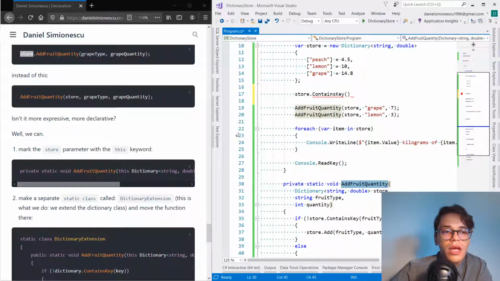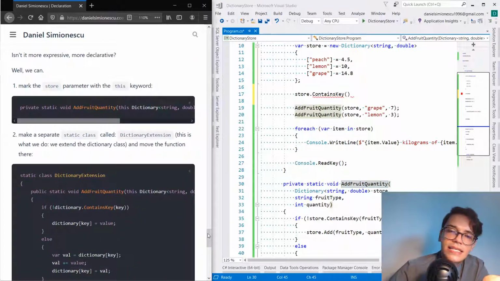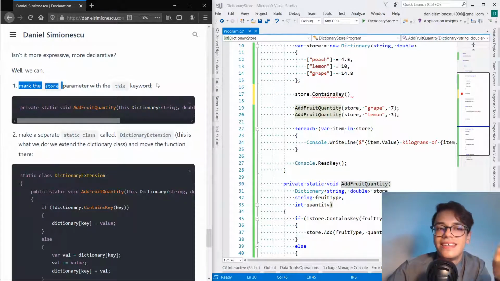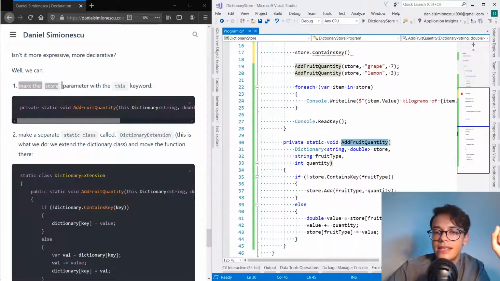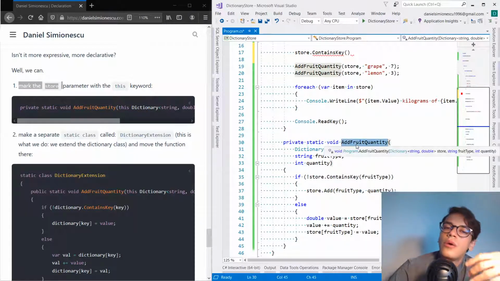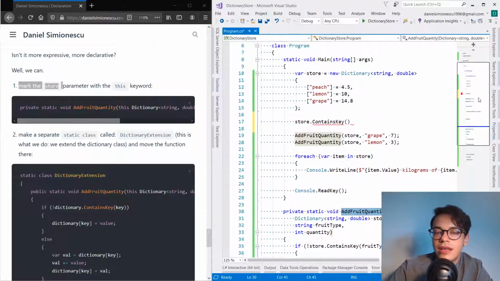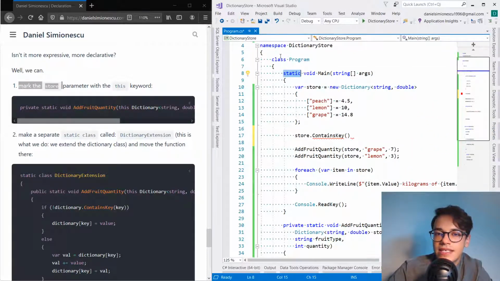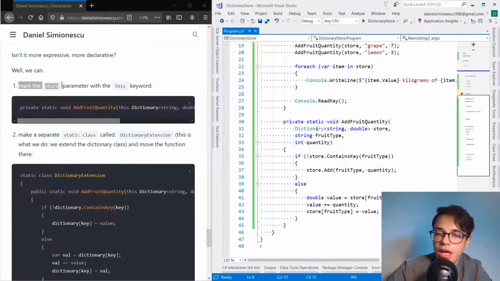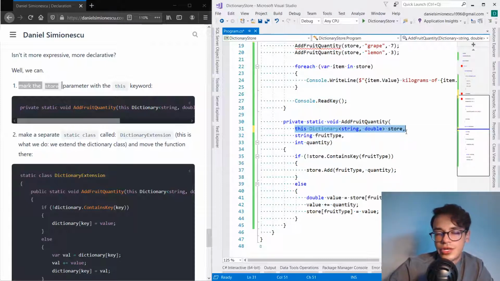Okay? So there are some steps, and this is the last thing that we are going to do in this series. So we need to mark the store parameter with this keyword, because this is a static method, and we are going to discuss static in the future. I'm not going to discuss it right now, but basically it means that we can call this one without initializing, because we are inside a static class. In order to make an extension method, you need to say this to the first parameter actually,